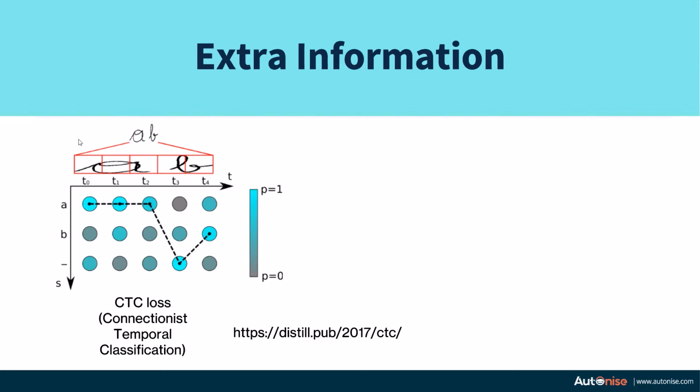Still, you can train your model to optimal values using the connectionist temporal classification loss. You can read about it on distill.pub. There is a very good graphical visualization of what this connectionist temporal classification loss is and how, if you try to minimize this loss, then the model will automatically learn to predict the correct values for each column. So these are some extra information regarding loss functions which you might find useful if you start exploring other fields in neural networks.